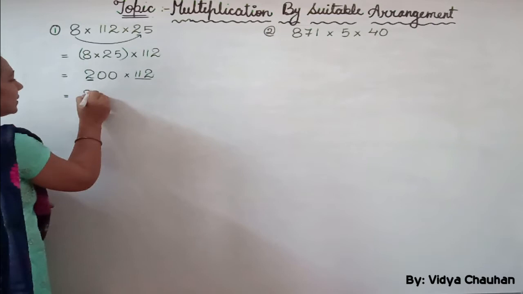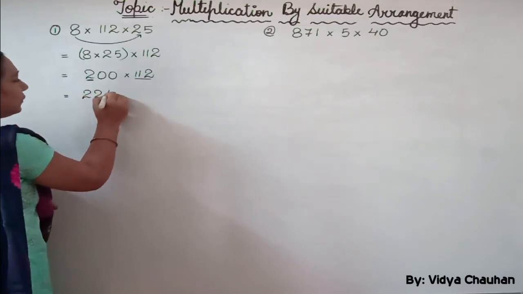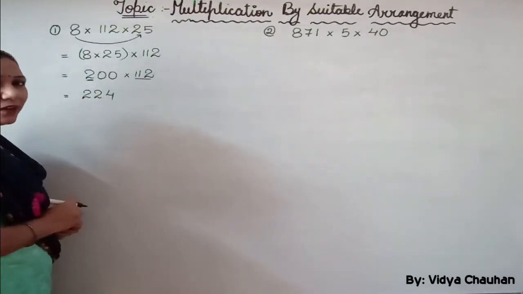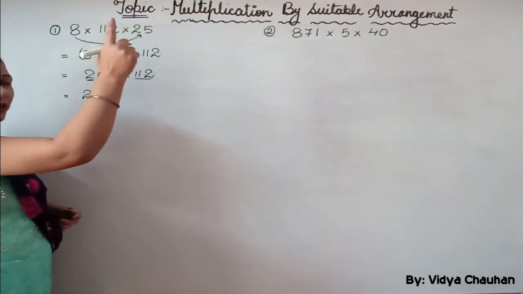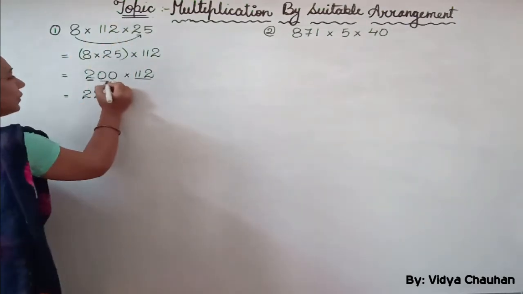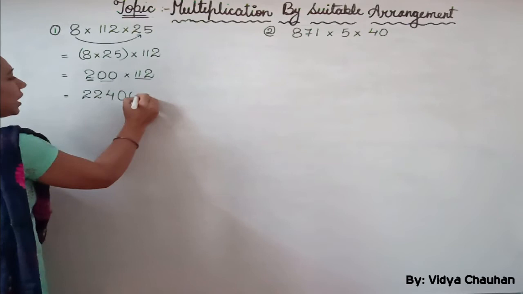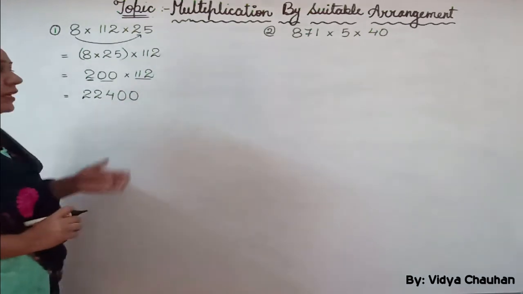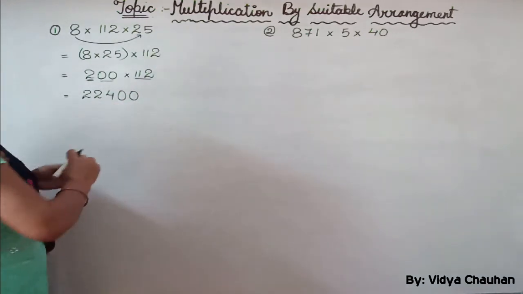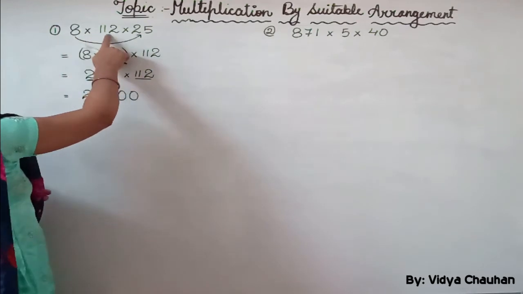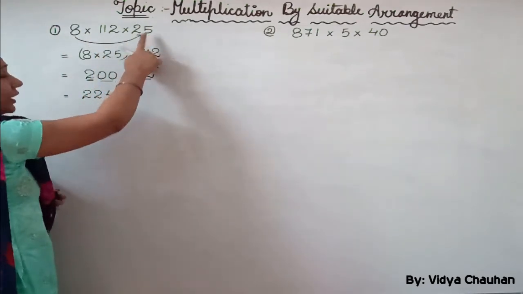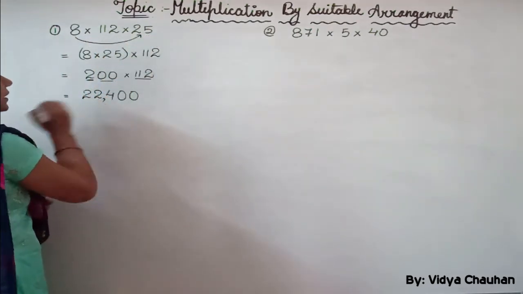What will be the answer? 224. And after that, according to the rule of multiplication by 10, 100, 1000, we put these two zeros after the value. So this is our answer of 8 multiplied by 112 multiplied by 25, and the final answer is